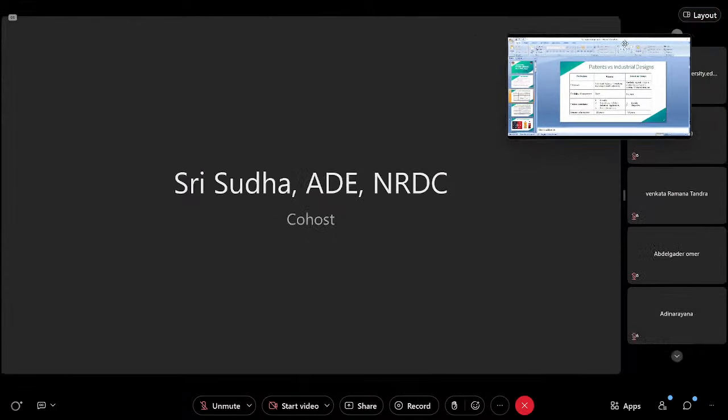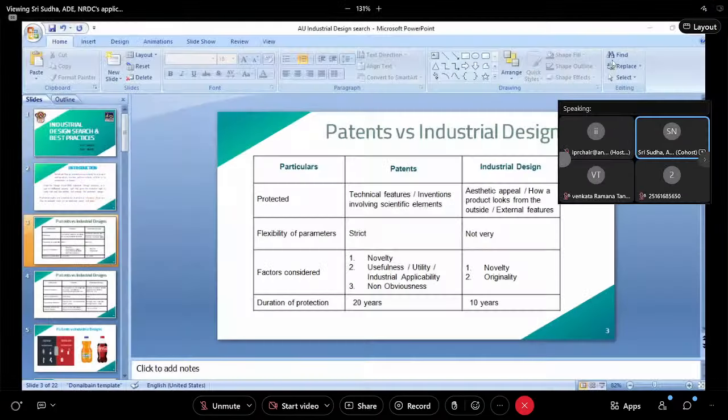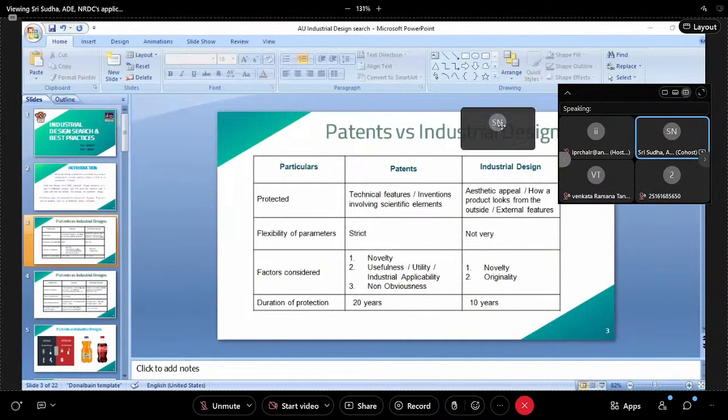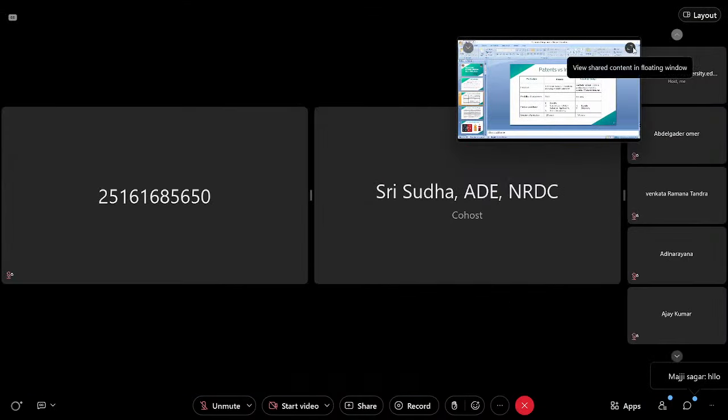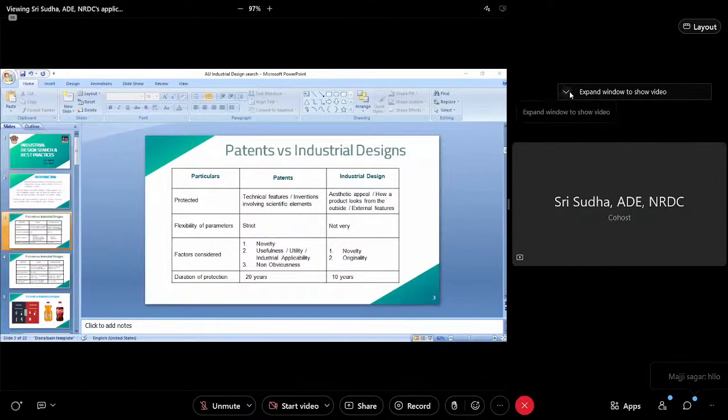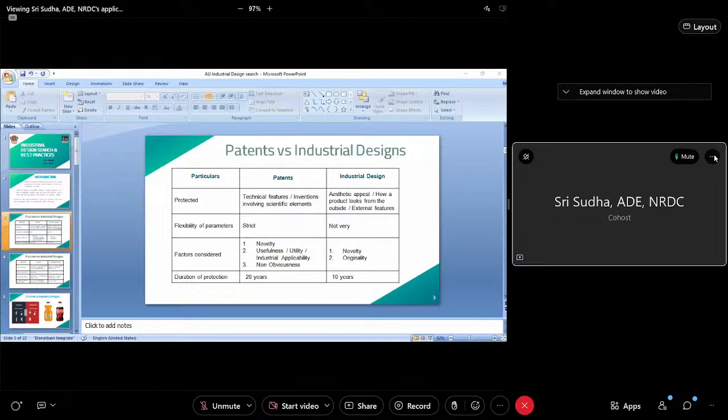Okay, so this is an exclusive right. It can be applied in a particular class. I'll give you what classes are available. For each and every article, it can be registered in a particular class. Okay, so now the difference between patent and design. See, for a patent we look at what the function is. But for the design application, it only depends upon